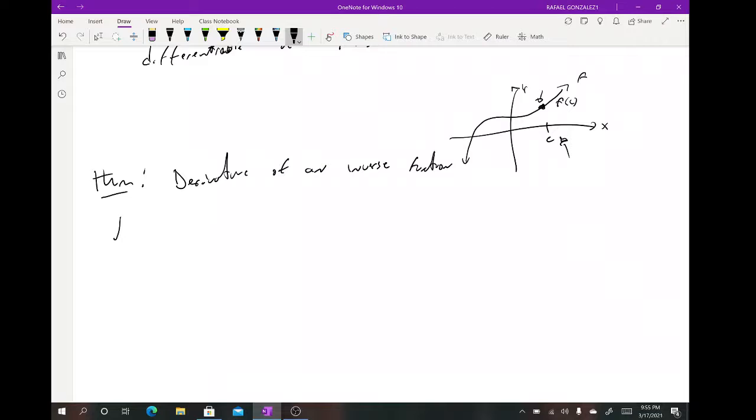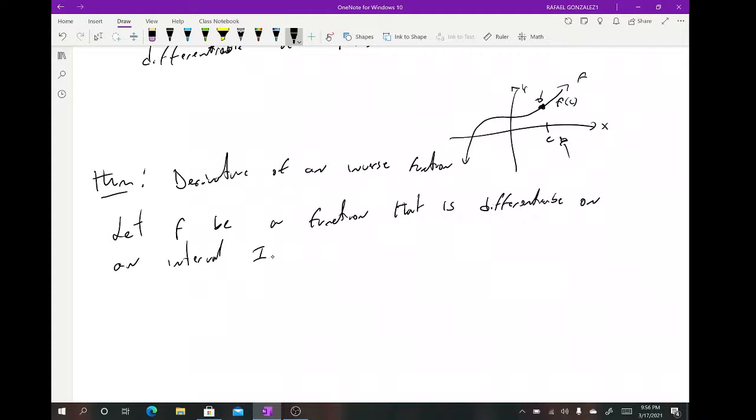And it says the following: let f be a function that is differentiable on an interval I. If f has an inverse function g,